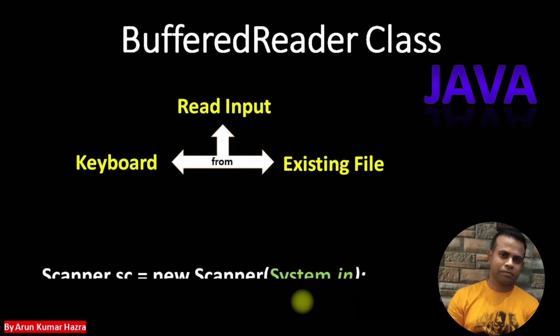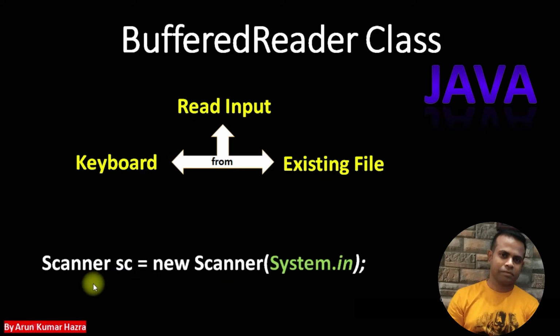In our last class we learned this type of syntax where we create a Scanner class instance to take the input from the system. So this is basically the Scanner class instance sc, and we take the input from the system, that's why we use System.in, which is nothing but our input stream. So in our last class we used a single step. In order to take input using the BufferedReader class from keyboard or existing file,